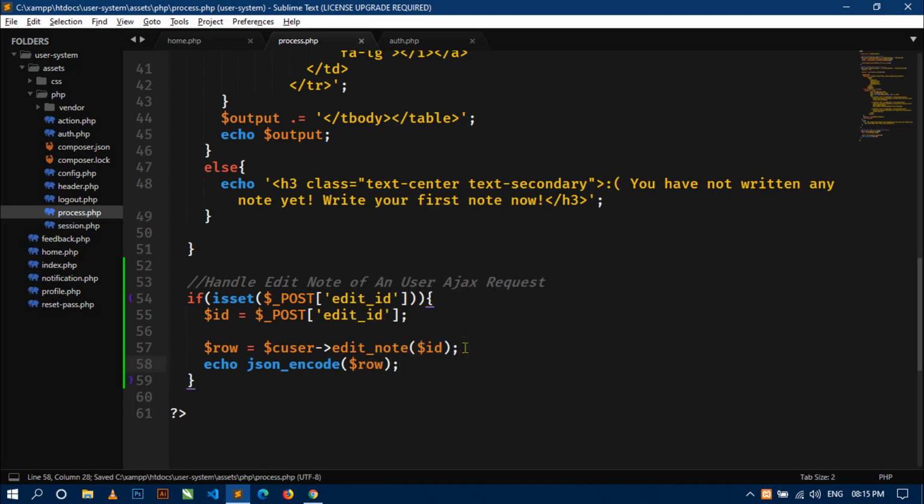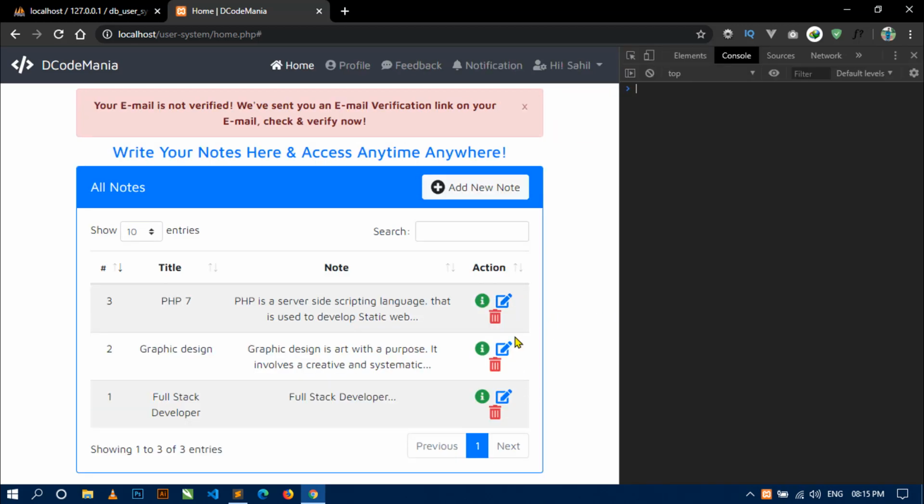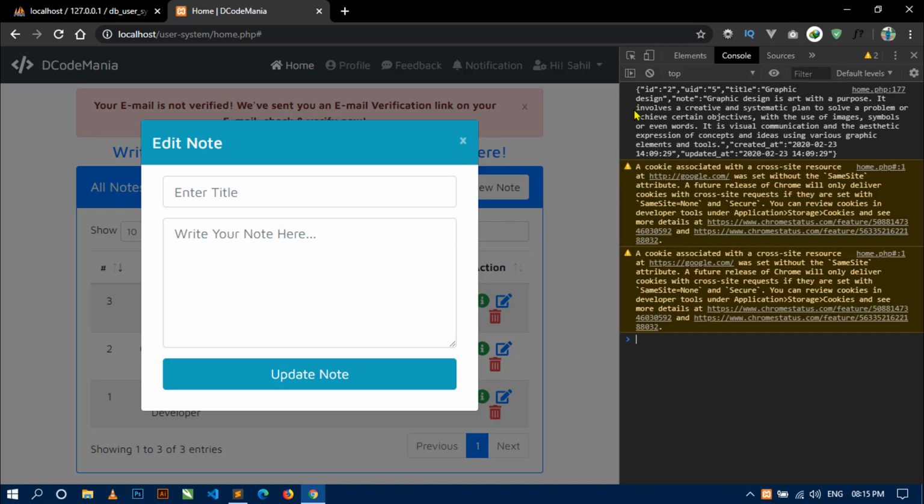Okay, now if we save this and go to the browser and refresh, just open your console. Now if we click on any of the node edit icons, then here you can see we are getting the node's details in JSON format. Okay, so now we can handle this JSON format in